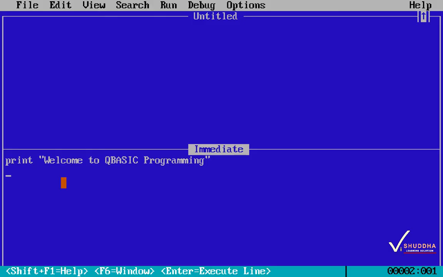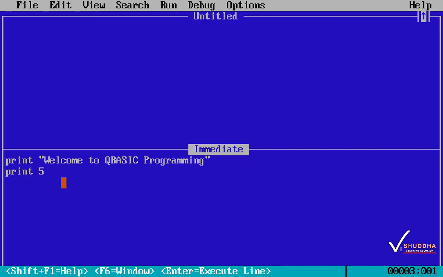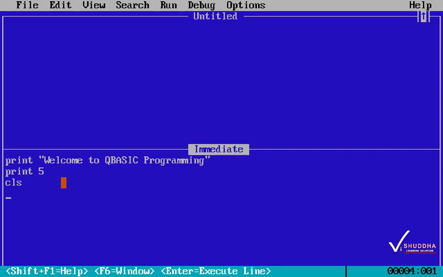Now press the enter key to go back to the immediate window. Now let's print something different. This time I am going to print a numeric value, say 5. Press the enter key, and you can see the first line is the output from the previous statement, and then the output of the next statement, that is 5, is printed on the screen. In order to remove these previous outputs, you can write CLS, press the enter key, and the screen will be cleared. Now let's try to print the product of two numbers. So it is 5.6 asterisk symbol and say 3. Press the enter key, and you can see the output is there on the output screen.